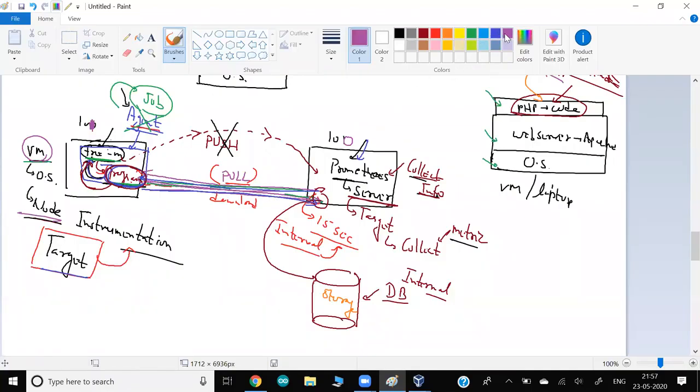Okay, let me change the color. Whenever Prometheus comes to you and says, hey, agent program, I come to you now. What I want is for you to run yourself, and whatever information you have right now, tell me your current RAM situation, your current CPU, your current network bandwidth, show me the current status. Collect right now, I'm waiting for you, and then send it to me. Then I will download it and store it in my database, in my storage.